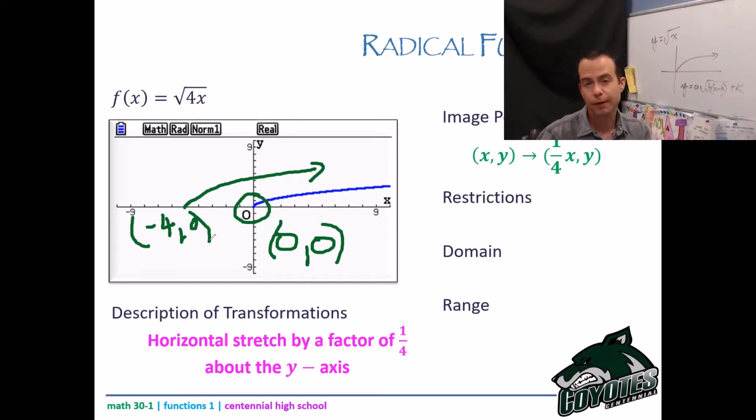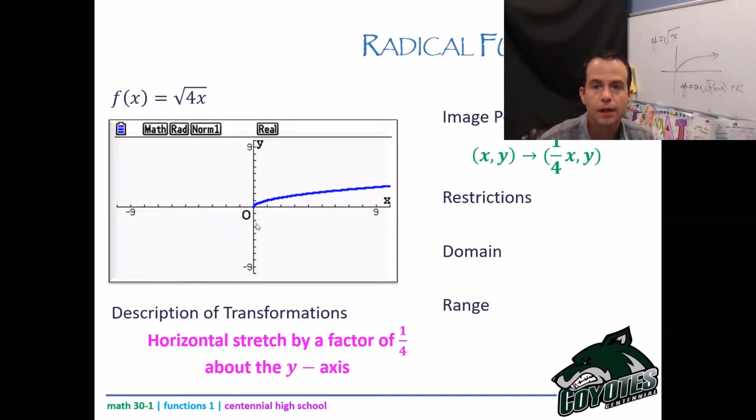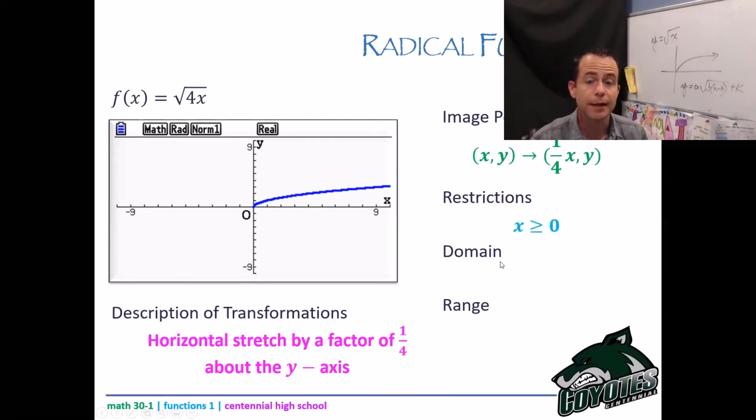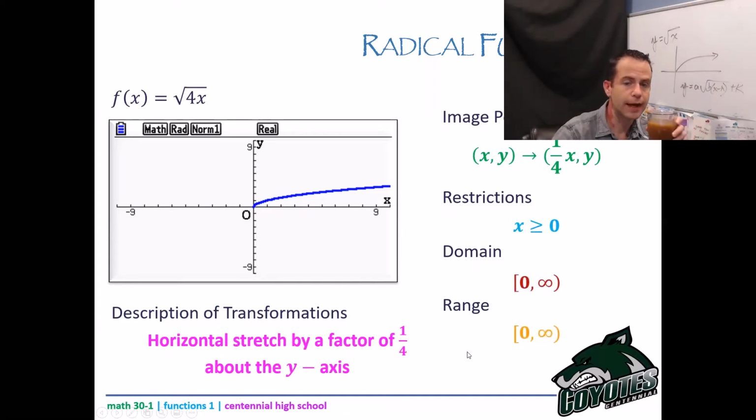The stretch won't affect the starting point here because 0 times anything is 0. So my restrictions remain the same: x is greater than or equal to 0. My domain hasn't changed and my range hasn't changed. Okay, so now when I graph this,